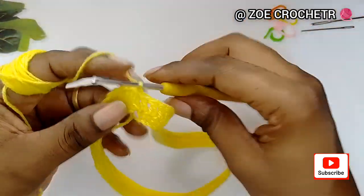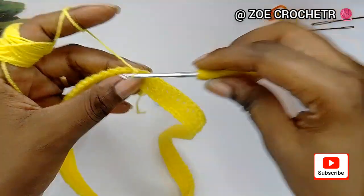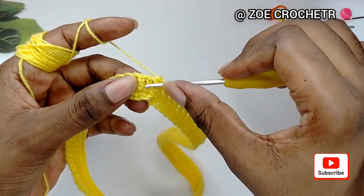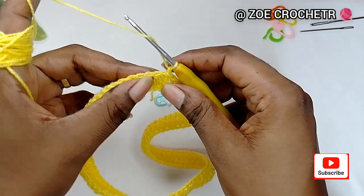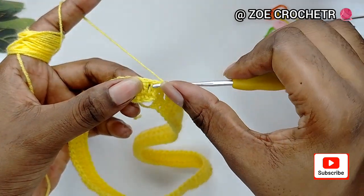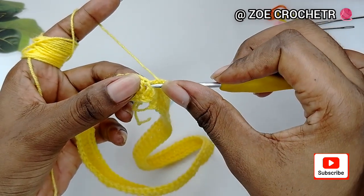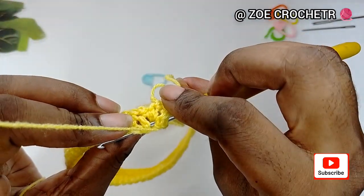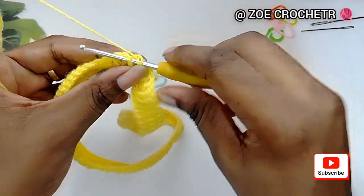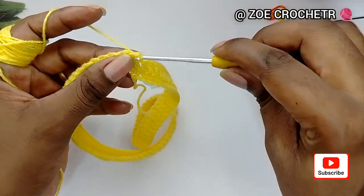So we're going to begin the next row. So you want to go ahead and chain 1. I'm going to come beneath this double crochet here and make a front post double crochet. So yarn over and insert your hook from behind like this and push the stitch in front. Right, you can see this way it gives us behind, and yarn over and make a front post double crochet,